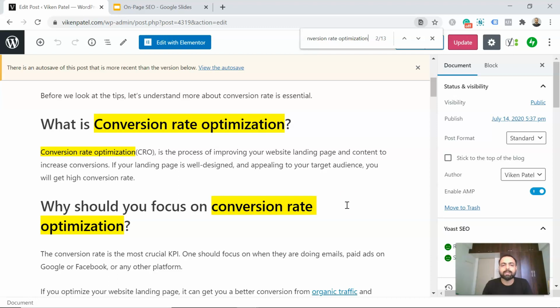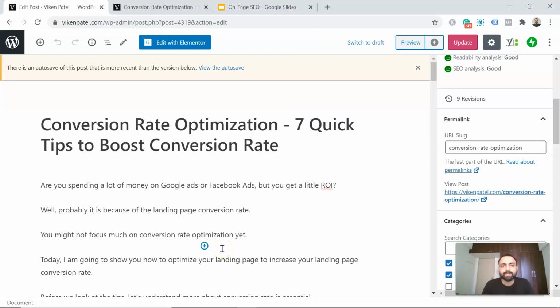Don't stuff the keyword. If you stuff the keyword, your content will not look genuine. People won't like it, and Google will also come to know from the user experience of your page, and eventually your page won't be able to rank on Google's first page. So it's very important that your content must be of very high quality when it comes to on-page SEO optimization. However, you still need to perform some keyword updates in your content, but it should be very natural, and you should not do any keyword stuffing into your content. So our next parameter is URL.